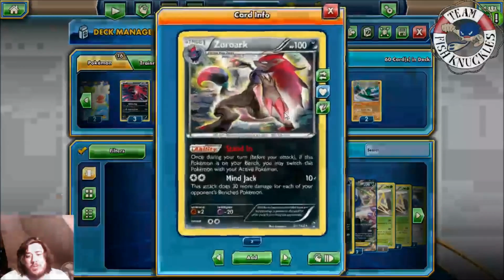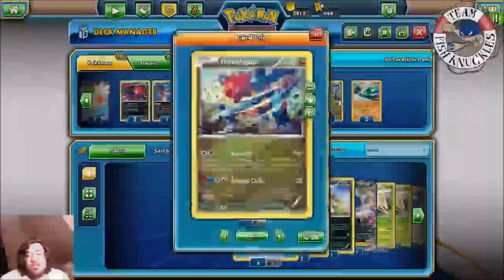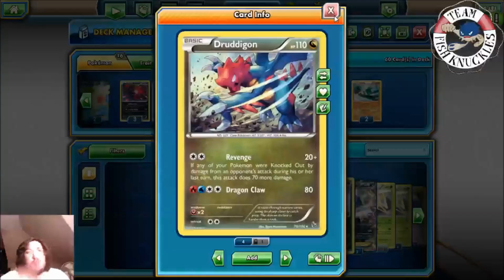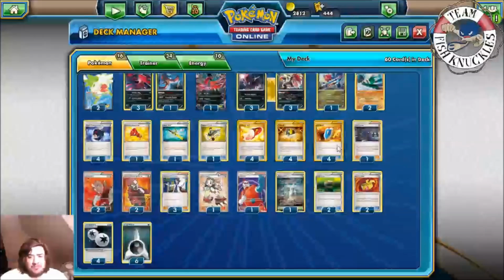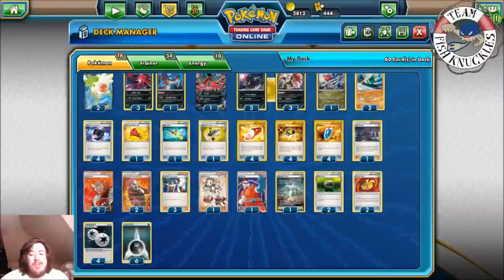Zoroark, 10 plus 30 for each Pokemon on the bench. Drudicon with the Revenge, 20 plus 70 if a Pokemon was knocked out last turn, and 2 Gallade. And besides that, pretty much just a regular Yveltal Zoroark deck. He does play Teammates, which is a fairly interesting one, Reverse Valley, and a Target Whistle as well, which I do